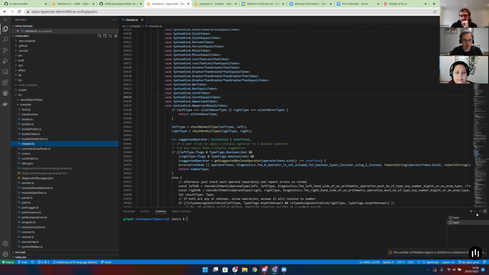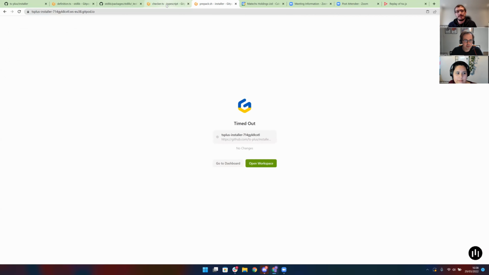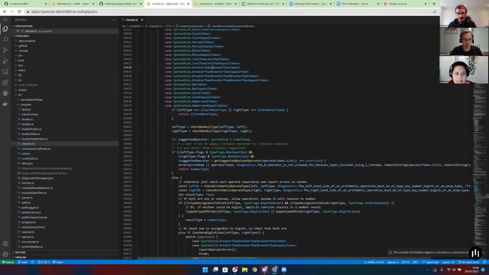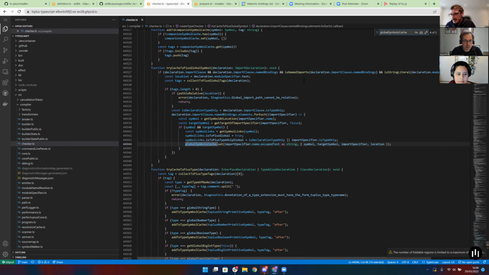Okay, close down everything. We said we had from code this symbol cache. It was 0 until it was like 48 or something. Lucky for us, it's not mentioned in the whole compiler in more than 5 places, so it's quite specific. Namely, there is only one place that sets the cache. Oh, great. So there is this place which is called tryCacheTSPlusGlobalSymbol, which takes an import declaration, so something you import, and does something else which ends up fulfilling this cache.